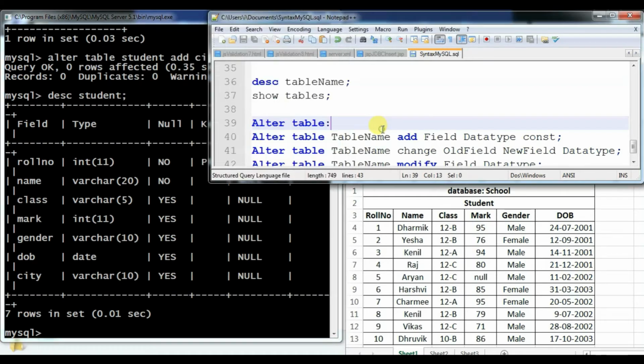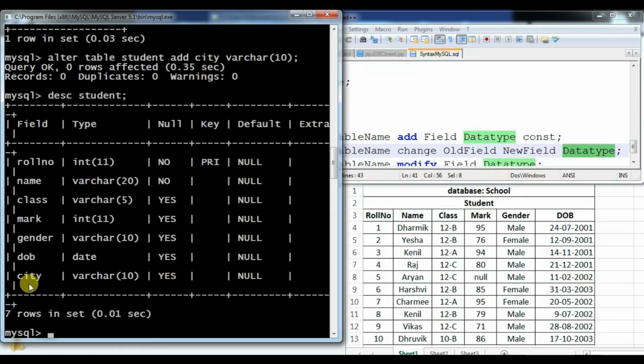Now see the second one. Alter table name, change, old field, new field and data type. This is for when you want to change the name of a field. As we had added one more field with the name city, suppose I want to change the name from city to state, then how can you use the change command?